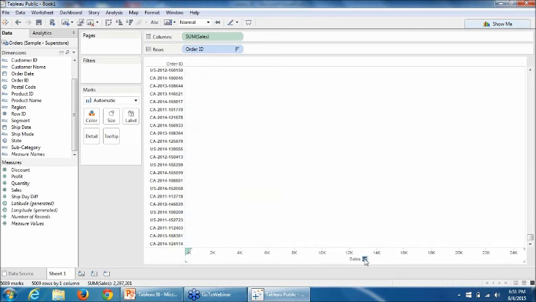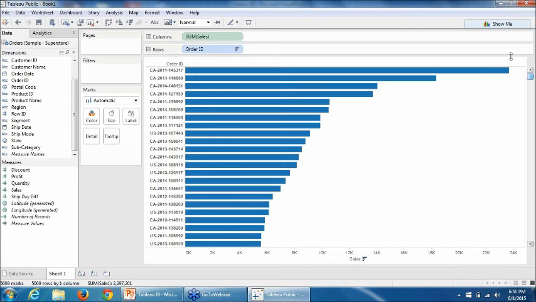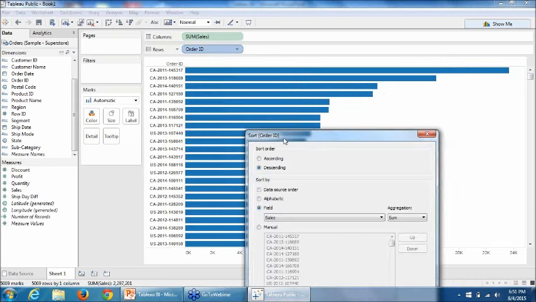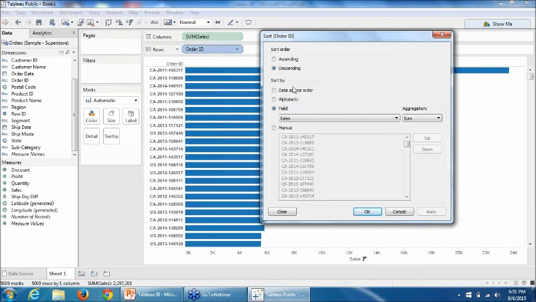I see a sorting option. I click on it and I get this sorted. The other way of doing it is I can click on the small arrow next to the order ID field, click on it and click on sort. I can now manually go and see what kind of sorting I need.